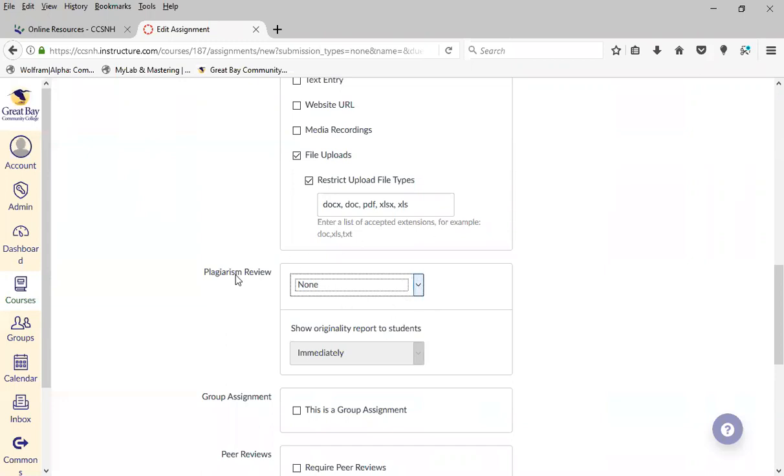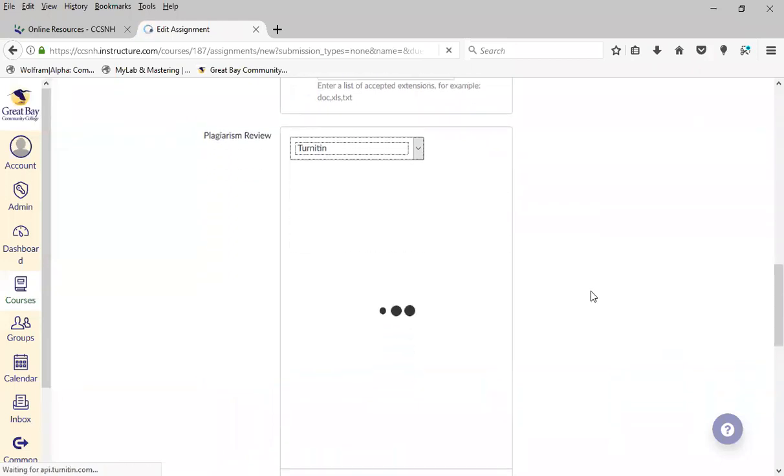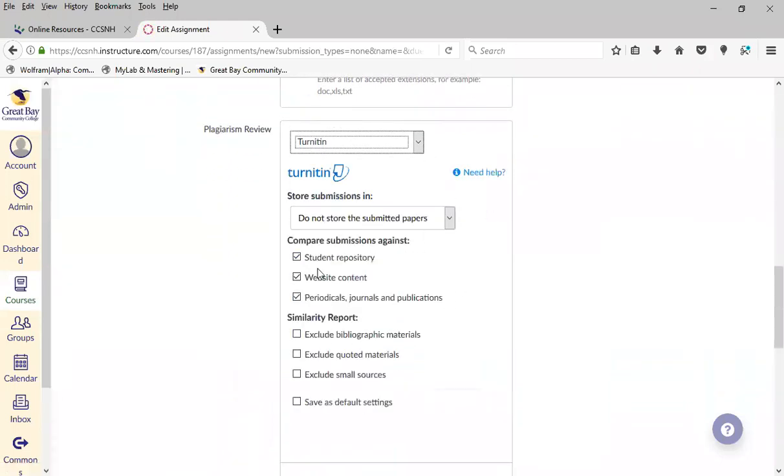And actually, speaking of Turnitin, that's exactly the next section I'm going into. Plagiarism review. Well timed. Built into the assignments, you have the ability to activate Turnitin from here. What this does is, for anybody who uploads anything to this assignment, it's going to get cross-checked with the Turnitin database. These are your options. You can have it compare submissions against the student repository,